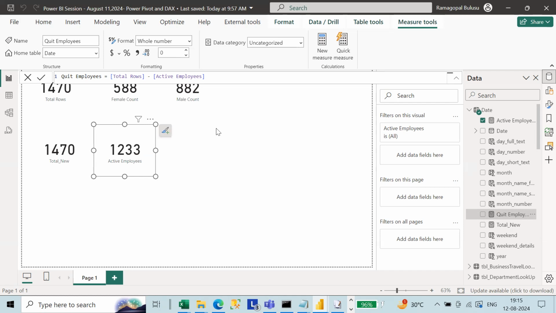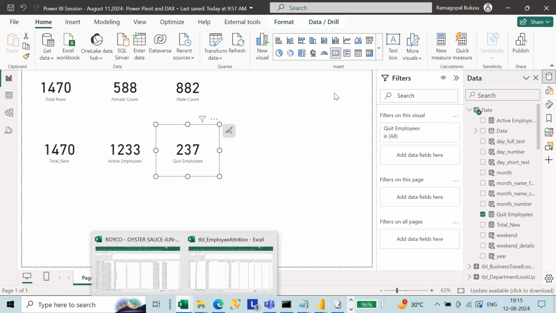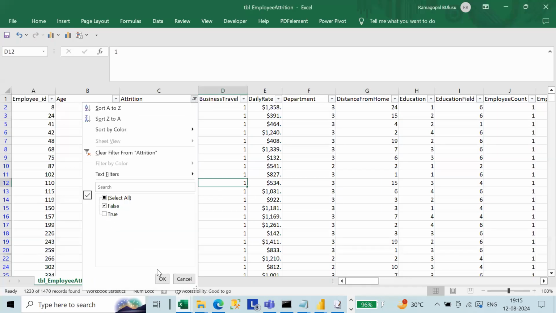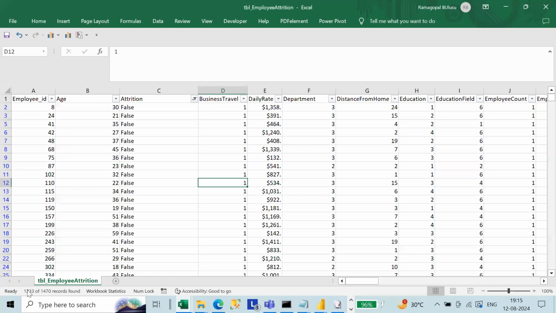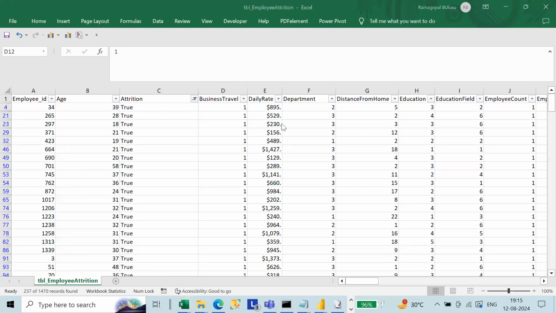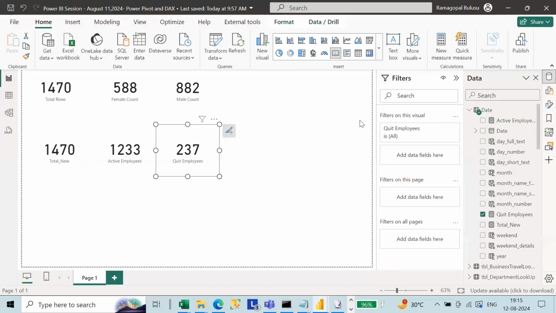Now you got the quit employee details: 237. Go back to this particular Excel and see how many false, how many still working: 1233. And how many left? 237. In this way, whenever we do our project, we'll validate, because any project will